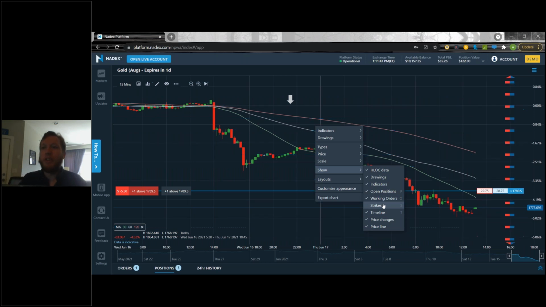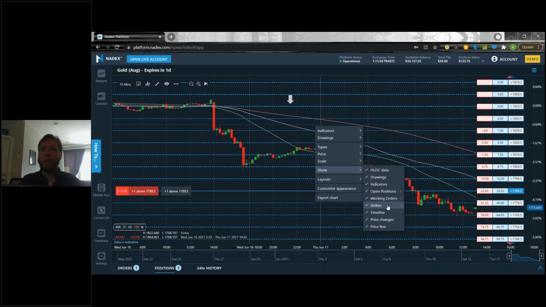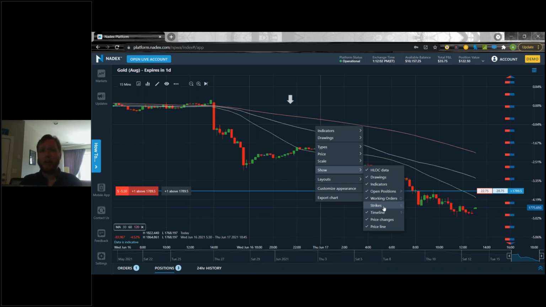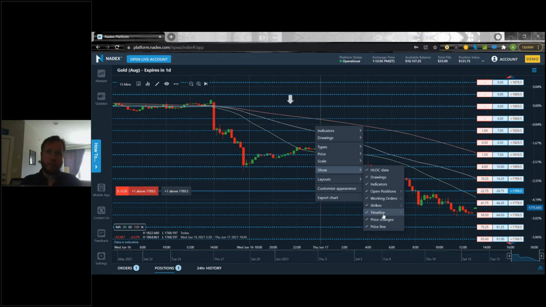With the strikes, I can actually turn off the strikes. So if you only like the strike that you're on, that you currently have selected, you can turn off the rest of the strikes. Because I know some people don't like seeing all the strikes there. It can be messy on the chart. So you can turn that on or off. That's something actually pretty new that we added. So I quite like that. I do like turning off the strikes on the chart.